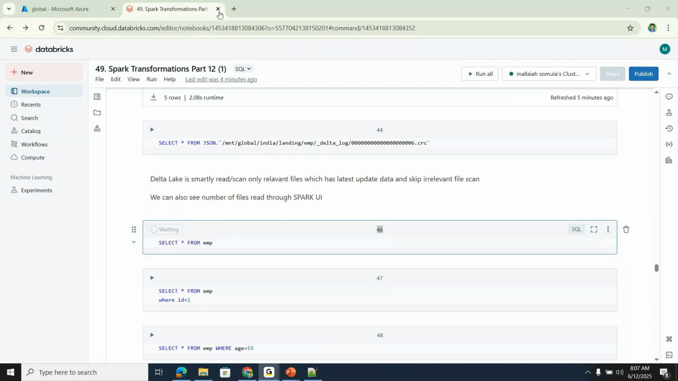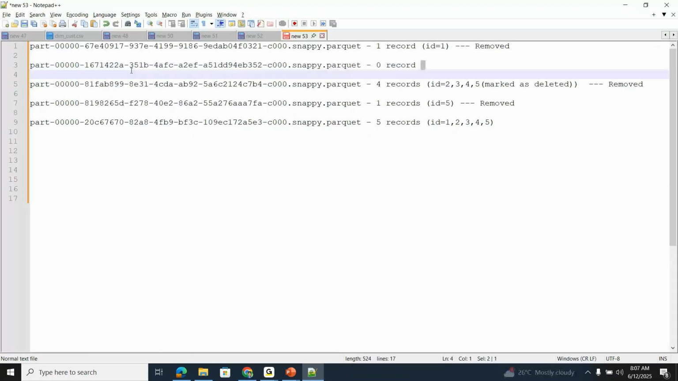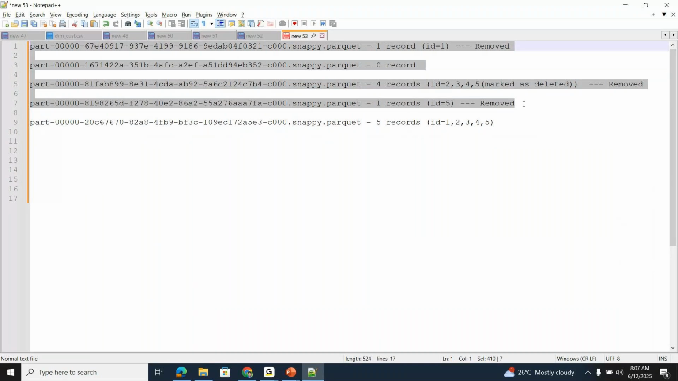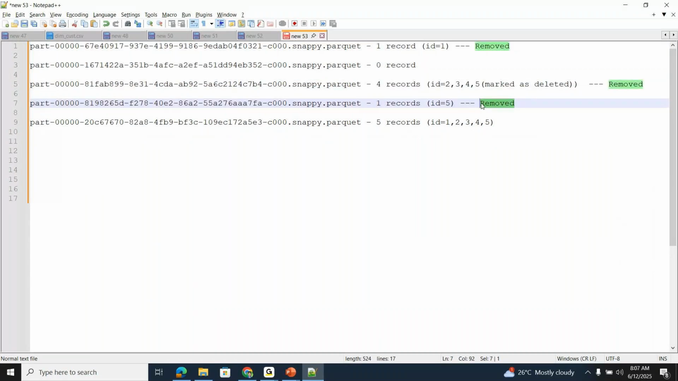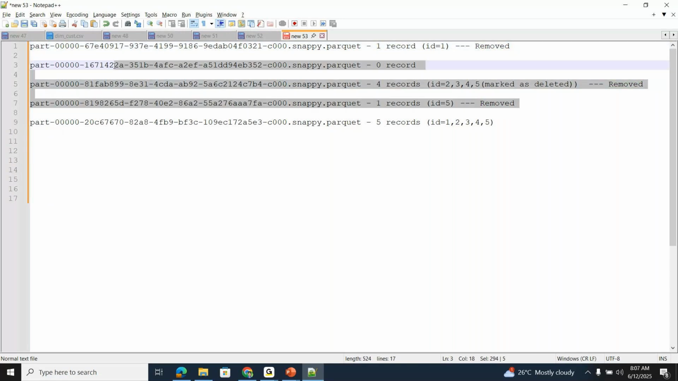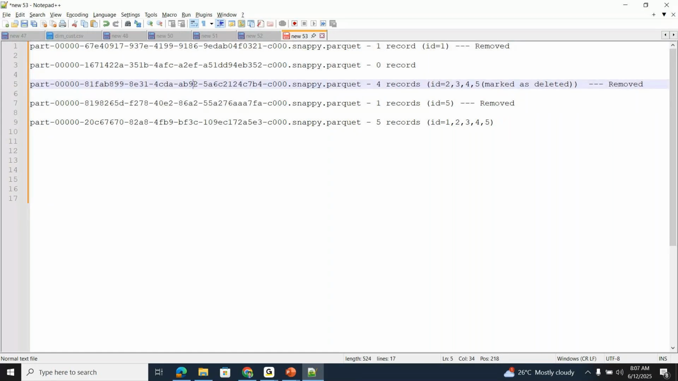So will it delete the empty file also? Because an empty file actually has no use, right? It is just ignored. Now normally what happens, all these files are now marked for deletion, removed for now, right? After 7 days these files will be totally removed from the storage. For now all these files will be there in the storage, but after 7 days, because Delta Lake by default